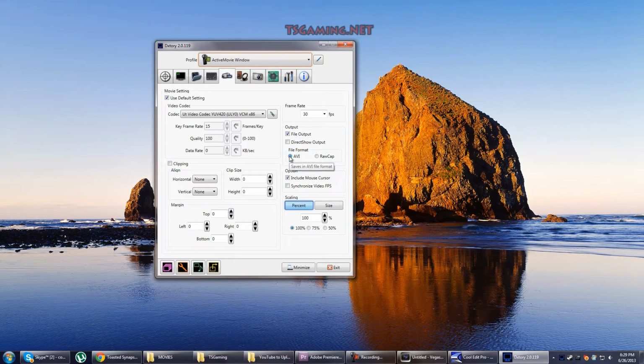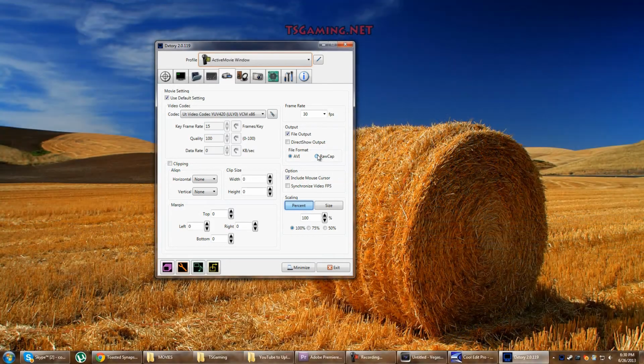Okay, file format: AVI. Most people go for this. You can also go for RawCap. RawCap is, how can I explain this? AVI is a video and audio file that has frames. So it has frame 1, 2, 3, 4, 5, 6, 7, and all the frames are in the same place in order. Now RawCap will put frame 1 in one place, frame 2 in a second place, frame 3 in the normal place. Then if you have two hard drives, basically hard drive 1 and hard drive 2,